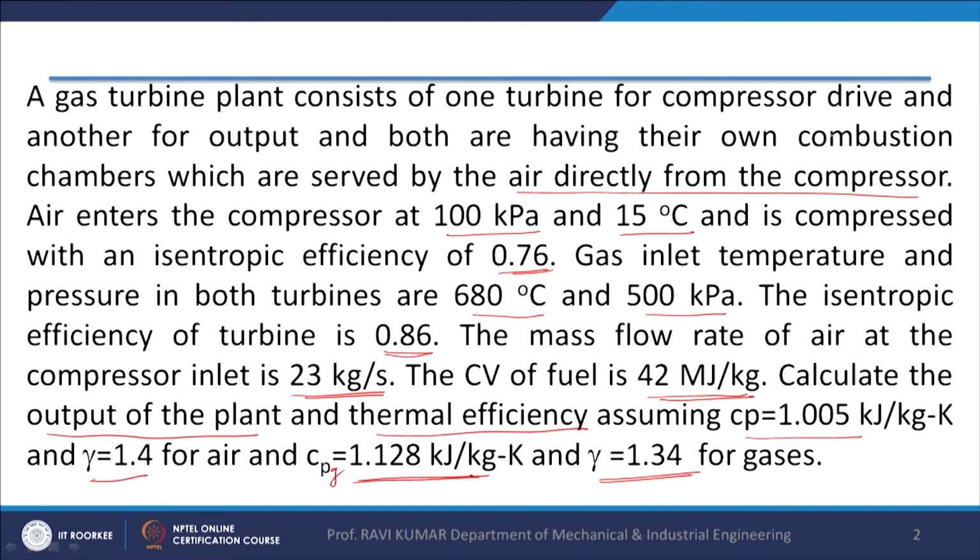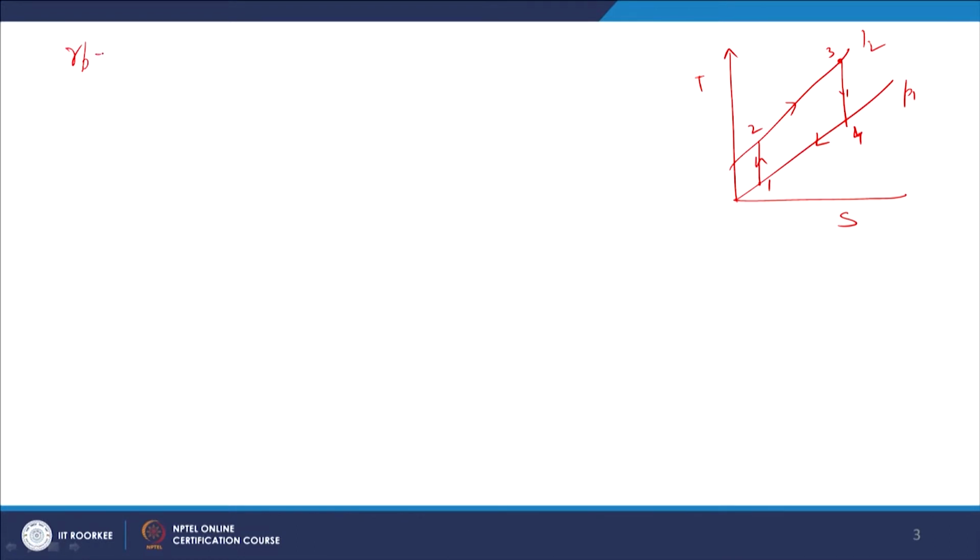Now, the pressure ratio is given directly: air enters and is compressed isentropically to the gas pressure of 500 kilopascal. So, the pressure ratio is 500 divided by 100, it is equal to 5. Because we are going to often use RP. Inlet temperature T1 is 15 plus 273 is equal to 288 Kelvin,